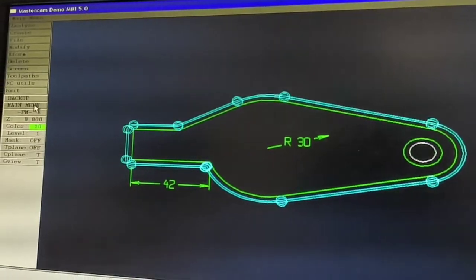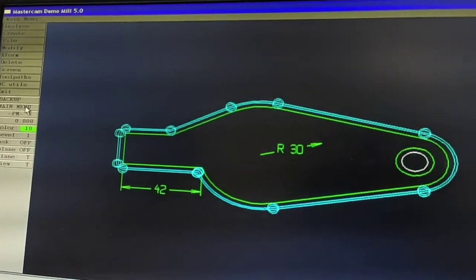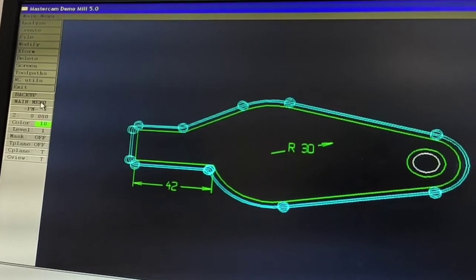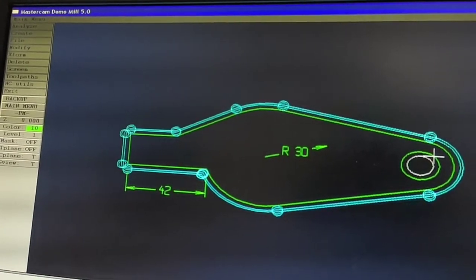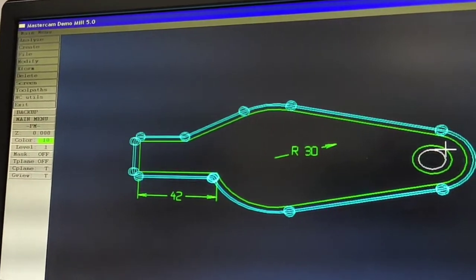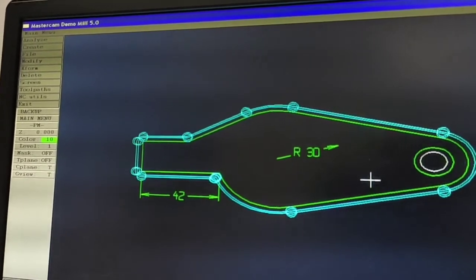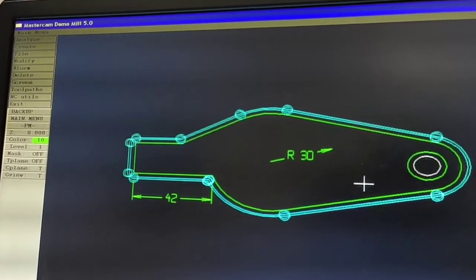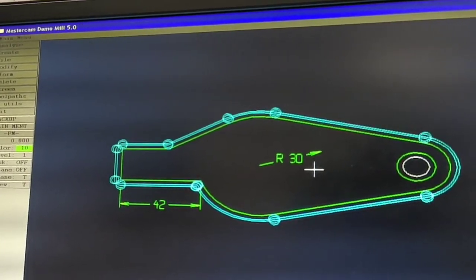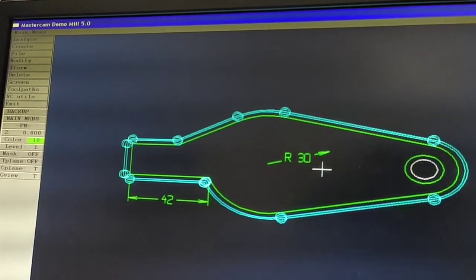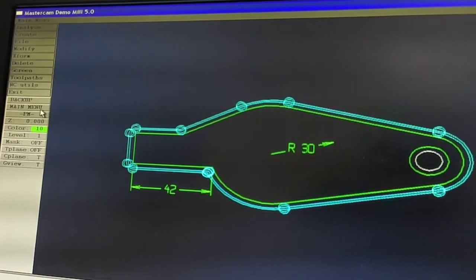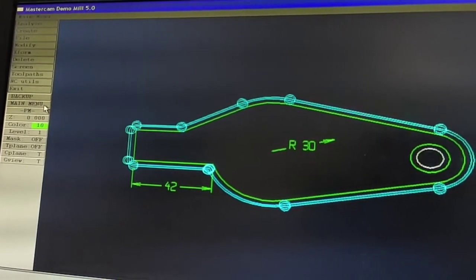You have to complete this in simple, single experiments. There are only two operations: one is the profile operation, another one is the pocketing operation, circular pocketing. Beyond these operations, there are many operations performed in the MasterCam software, such as rectangular pocketing, circular pocketing, and many drills provided in this area. These are the operations available in MasterCam. This is a very simple drawing, so I am completing this session up to these functions.